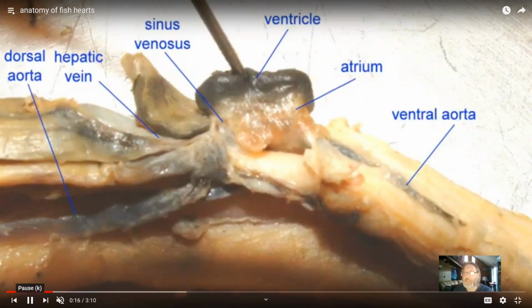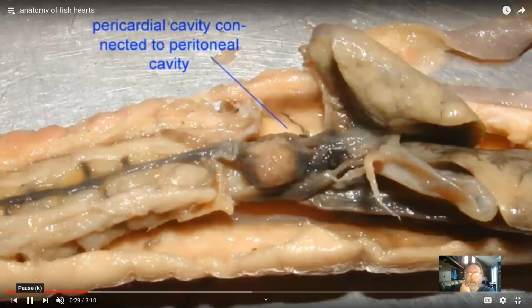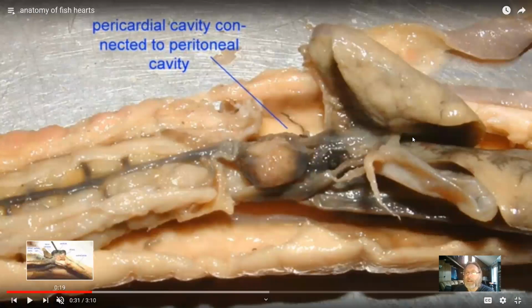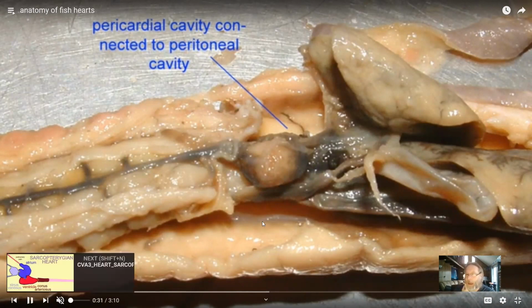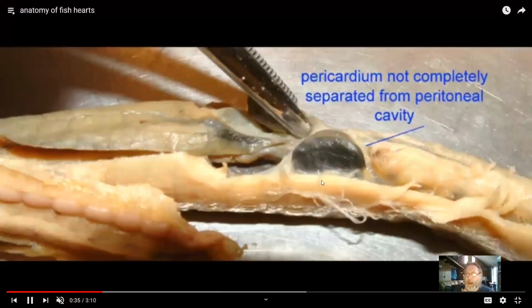Notice how small it is, because it doesn't have coronary blood vessels to adequately bring oxygen to the cardiac muscle wall. The space around the heart, the pericardial cavity in hagfish, is connected to that coelomic cavity. It's not completely separated